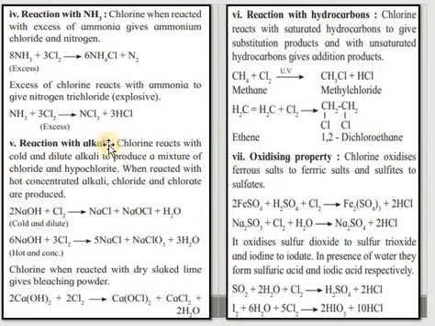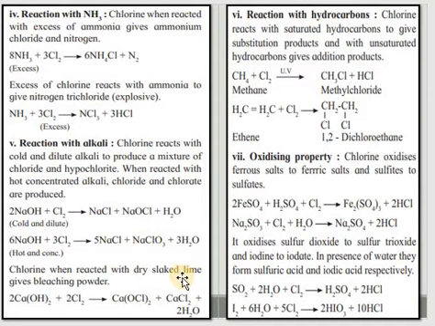Chlorine gas also reacts with alkali like NaOH, and the reaction happens in two ways. If NaOH is taken as a cold and dilute solution, chlorine will react to give NaCl and sodium hypochlorite with water. And when NaOH is taken as a hot and concentrated solution, chlorine will react with this solution to give you sodium chloride and sodium chlorate with water.